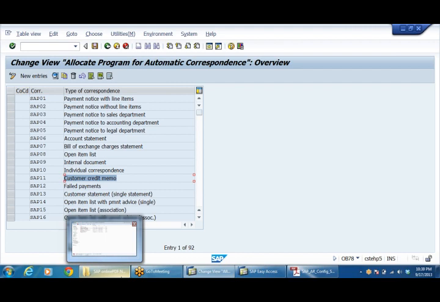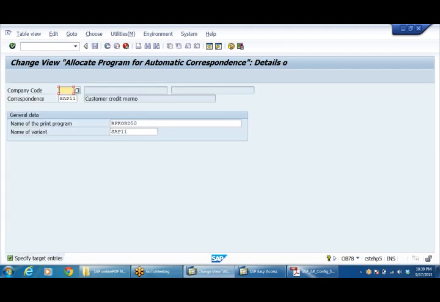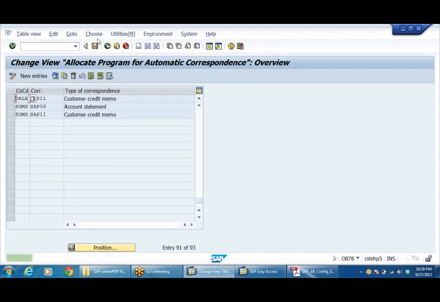Whatever the rebate or purpose may be, the ultimate action is going to be the same. So I can give a credit note to any customer based on the policy of the company. In such a case, first of all, just like SAP 06, I need to assign SAP 11 to the company code. Select SAP 11 customer credit memo, click on copy as, enter your company code DRLB, press enter, save.